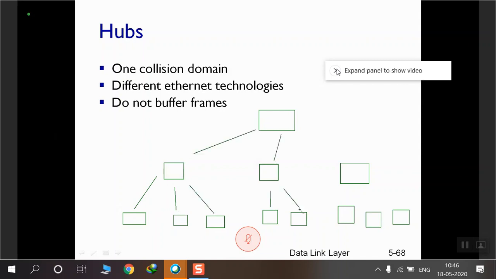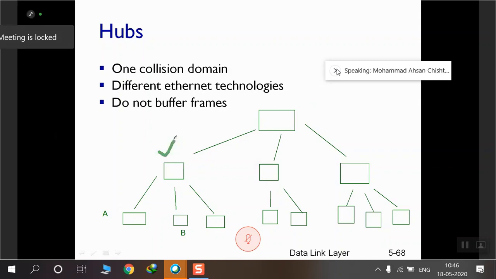So if we have one segment here, another here, and this is the backbone, this one has some more, this one has more, and this one has more. So something like that. It means that a single collision domain means if A here has to send to B here, all the nodes that are around here,